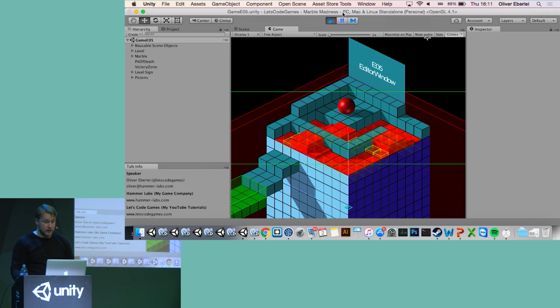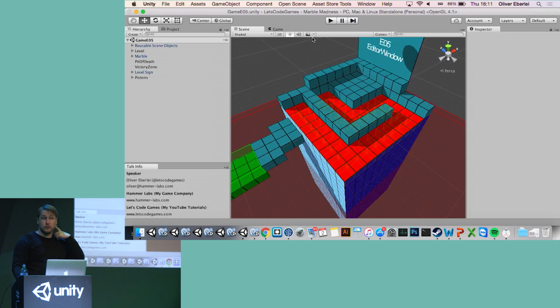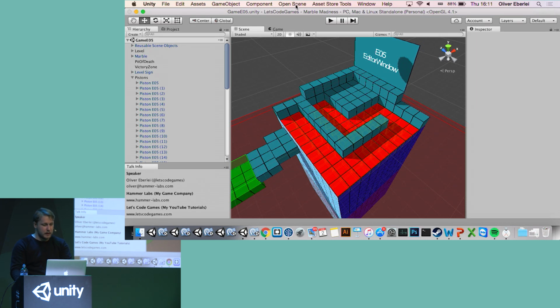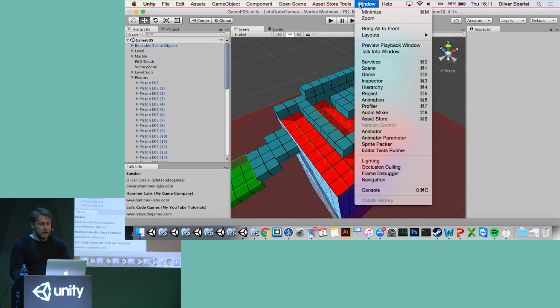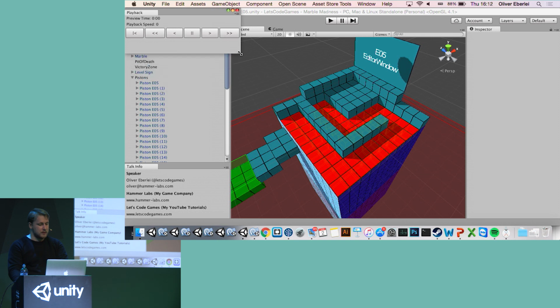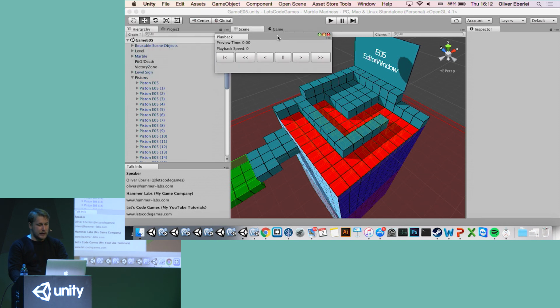So what I did is I created an editor script so I don't have to press play to design that pattern. First of all, let's start differently. I created an editor window. It's up here in the window pattern, and it's called the preview playback window. What this gives me is basically just a couple of buttons, and I can press play. And as you notice, I'm not in the play mode right now. I'm in the editor mode. And if I press play here, I can see a preview of my pattern of the object.